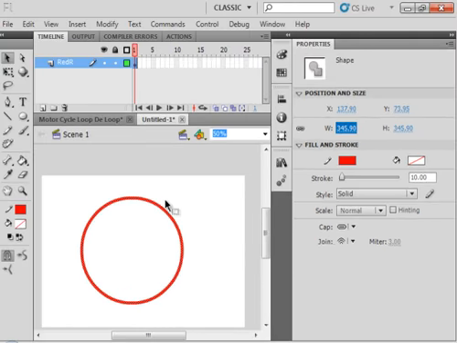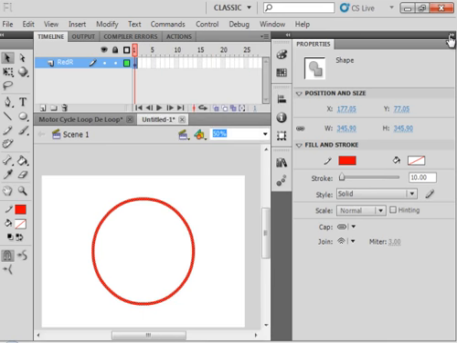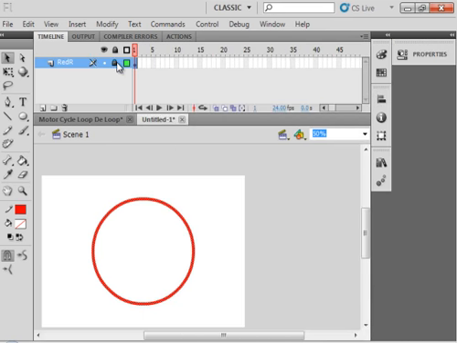While it's selected, open up your alignment panel. If you don't have it here, look under window. There's your alignment panel. Make sure this box is checked, align to stage, and here horizontally align it to center and vertically align it to center. And now it's in the center of my stage. Lock that layer. Insert another layer, call it blue,